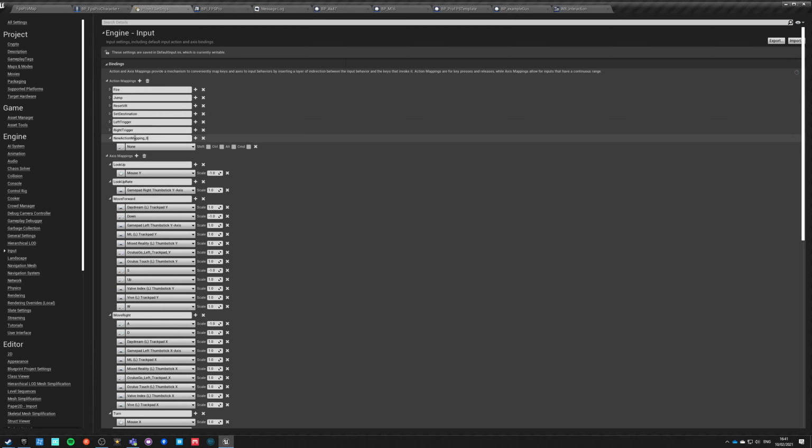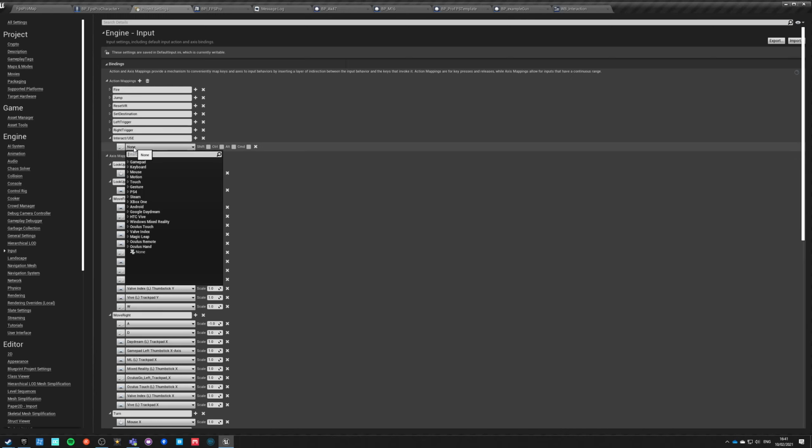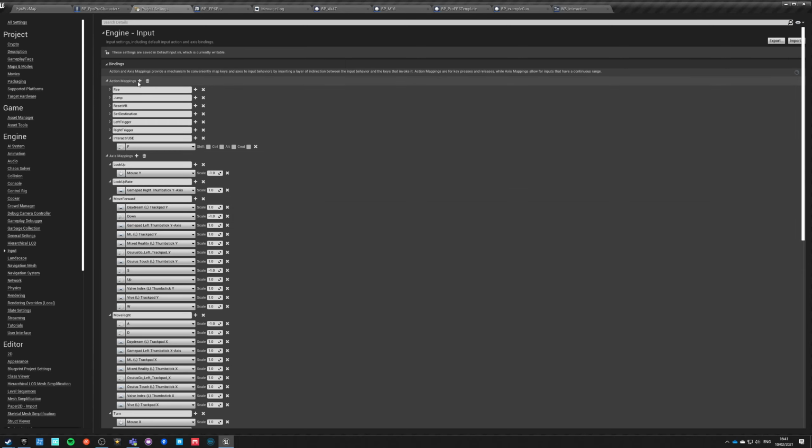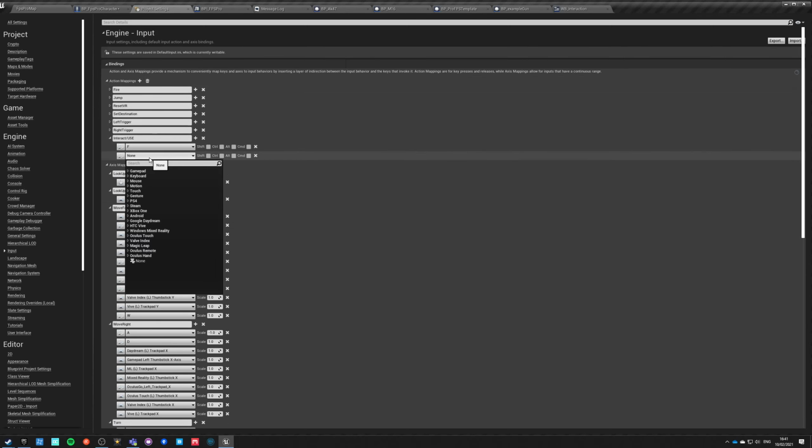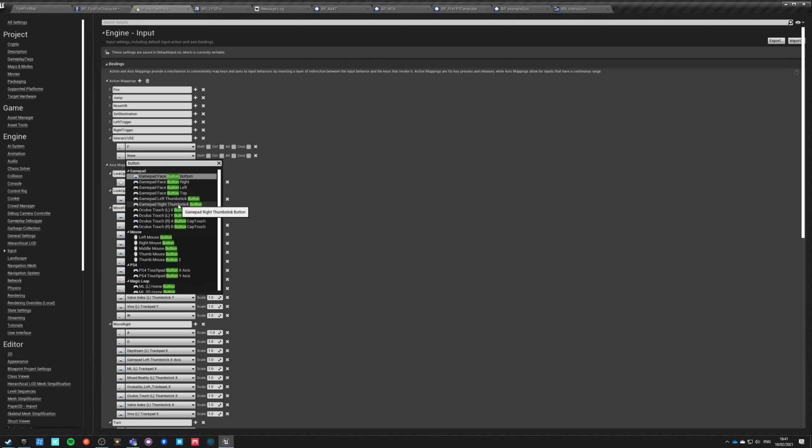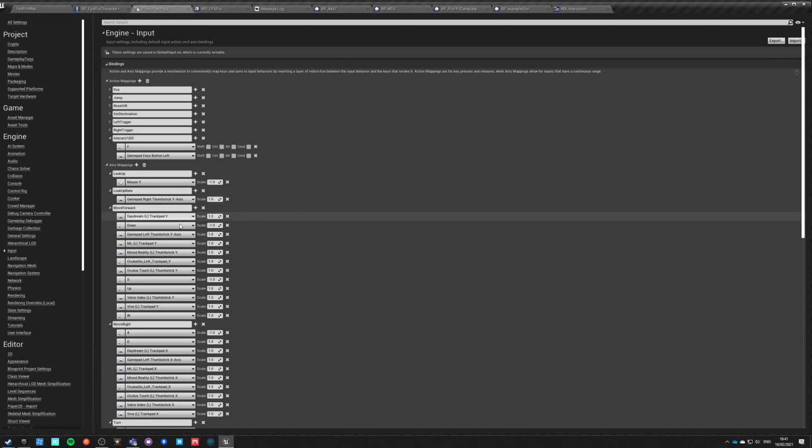Okay, let's do interact use, and it will be F, and on the pad it will be gamepad face button. Usually it's the right one, right? No, it's the left one. Okay, so yeah, left one.